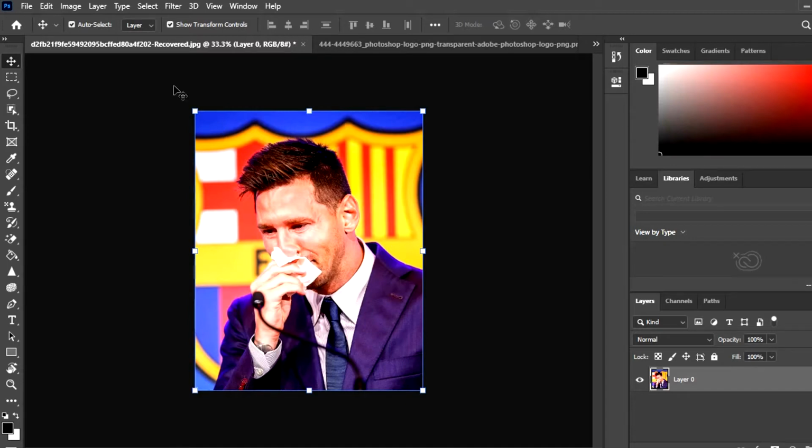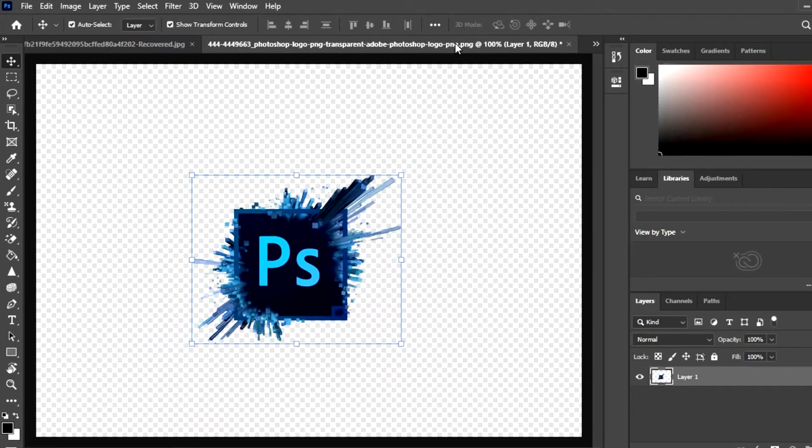In Photoshop, you can open more than one document or image, and each document you open is represented here. So this here is for this document, and I have another document right here. If you click on it, it will also appear. So with the help of the Move tool, we are going to move this document onto the first one I showed you. So just left click and hold,